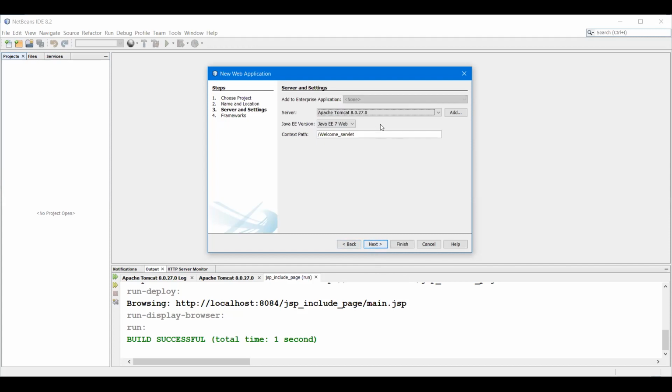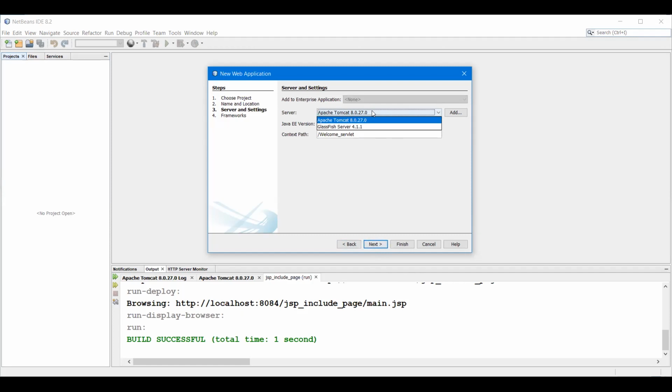See, here you have to choose the server. These two servers were included while I was installing my NetBeans software. They come along with the NetBeans software. My advice is, during installation of NetBeans, in the beginning itself there is one button called Customize.